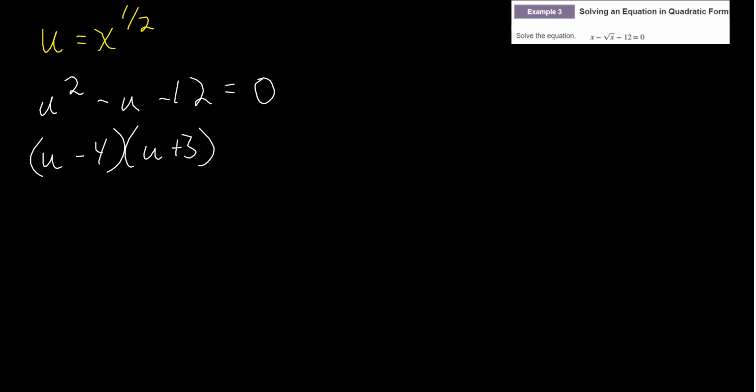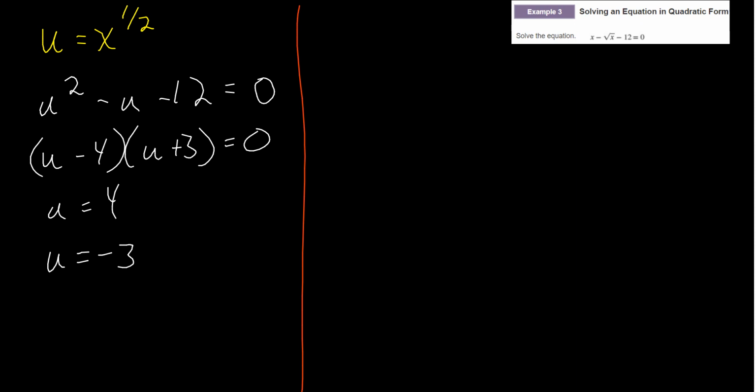Okay, and from here we can now rewrite this as u squared minus u minus 12 is equal to 0. And it's 4 and 3, so it's going to be u minus 4, u plus 3, and therefore we have u is equal to a positive 4 and u is equal to a negative 3. Okay, so we have u is equal to positive 4, u is equal to negative 3, and then we're going to